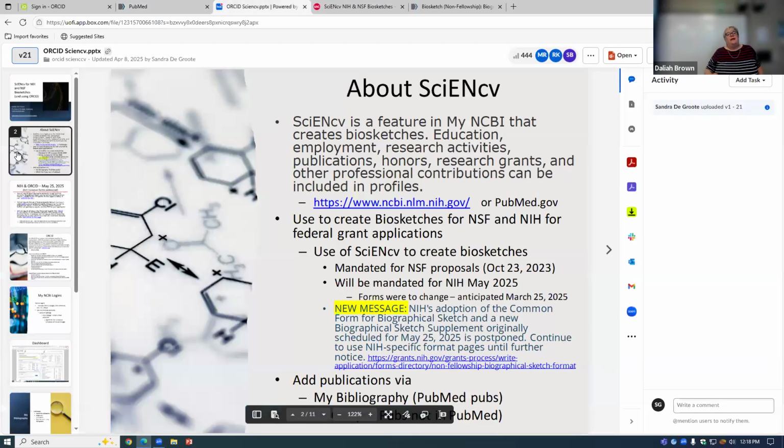So Science CV is in My NCBI, and that contains your information about education, employment, research activities, publications, honors. It actually does not have grants in it at this time, and other professional contributions. And you use Science CV to create biosketches. Right now, the main ones are for NSF and NIH, but the idea is that in the future,